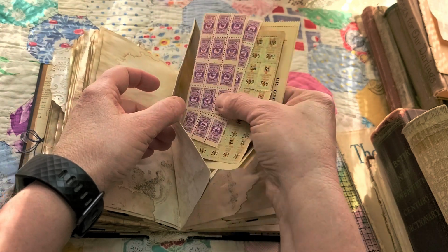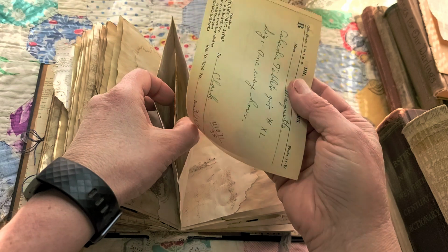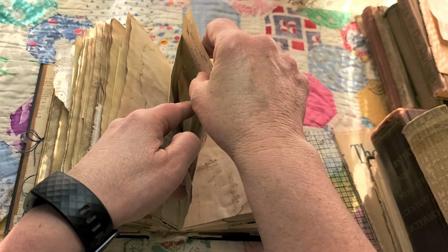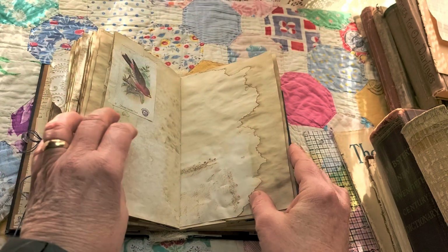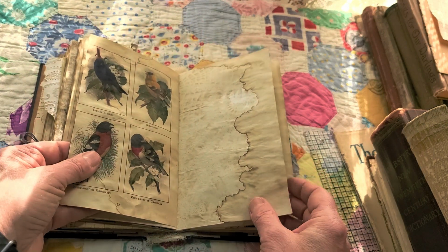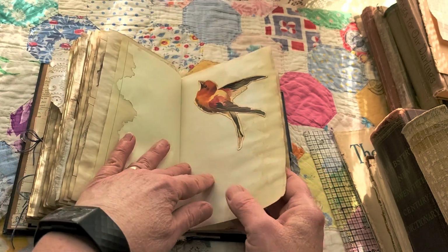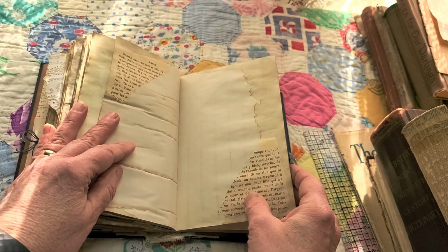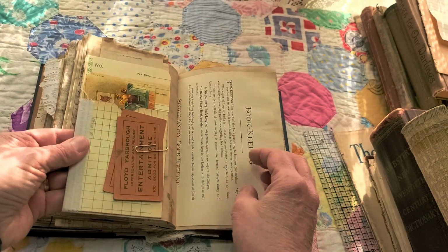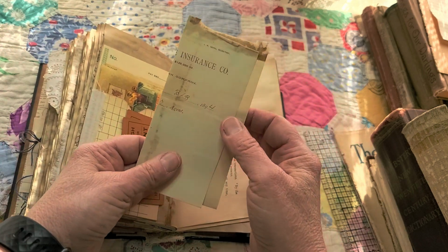And this is a pocket within the book. And I just have some goodies inside here. Some trading stamps and prescription from 1933, I believe. And this is just a little flip out as well. Some more of those birds. There's another bird I got from my clip art. And here's another pocket made with the time card. And from that insurance ledger book,